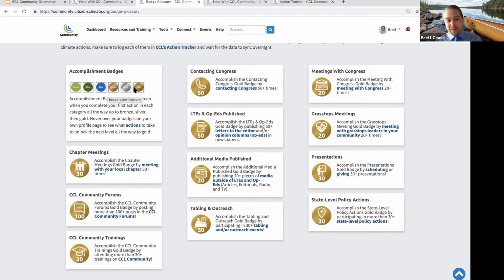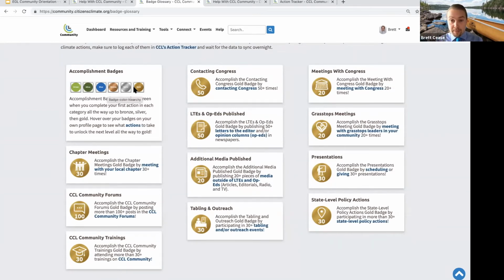So that's a great way for you as a group leader, or somebody who might be curious about who else is active in your chapter, to look to their profile page, go to that My Badges section, and really affirm or uplift their work too. It's also a way that we send out automated emails whenever somebody takes their first action across any of these categories. We let them know, hey, we've noticed, we really appreciate your activity, and here's what you can do to continue to stay engaged.